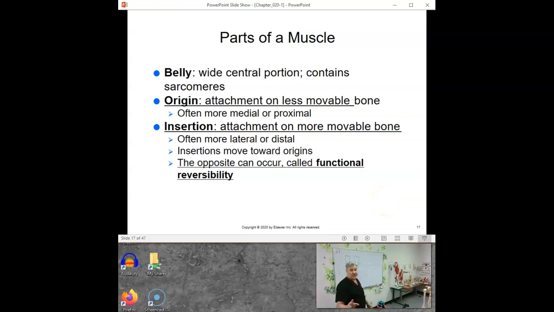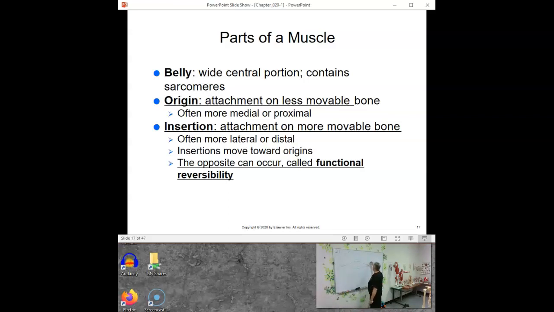We've already talked about some of this stuff. We've talked about origins and insertions, but just so we're really clear, this little fat part of the muscle is called the muscle belly, and it's where most of the contractile tissue is. It's where the actual muscle is. If you were going to have a steak, that's where you'd cut your steak from. The end is where the tendon is.